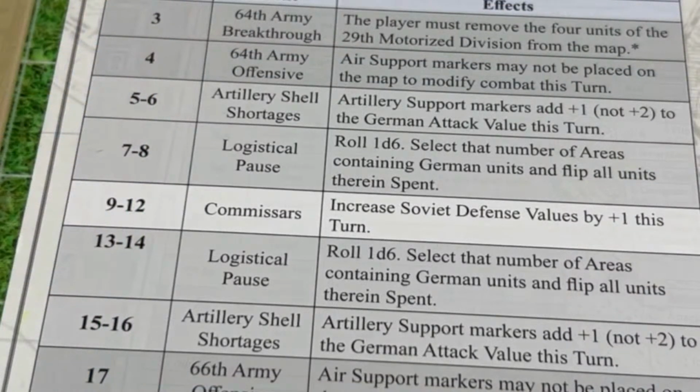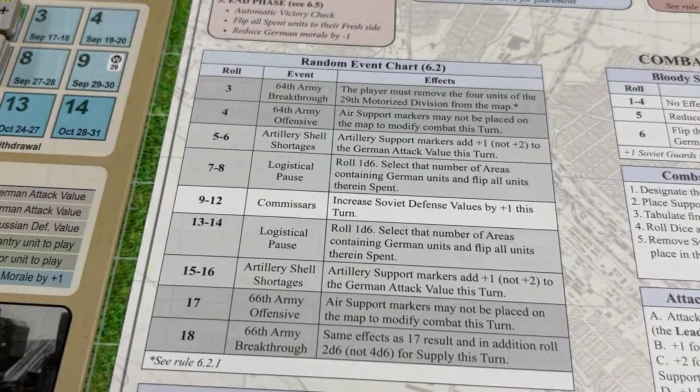logistical pause. That is the event, logistical pause. And what that does is that we have to roll a die, and that number of areas we have to flip all those units to spent. So the lower, the better in terms of the logistical pause. And there was one thing I wanted to show you. One thing I did, which you will see on BGG,